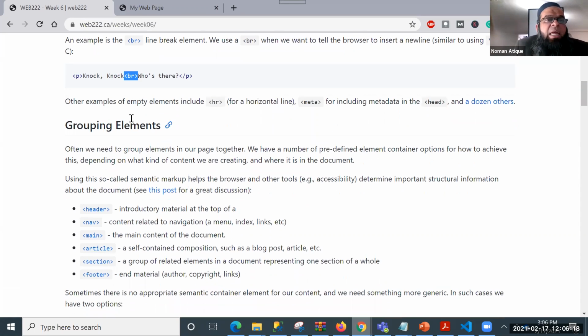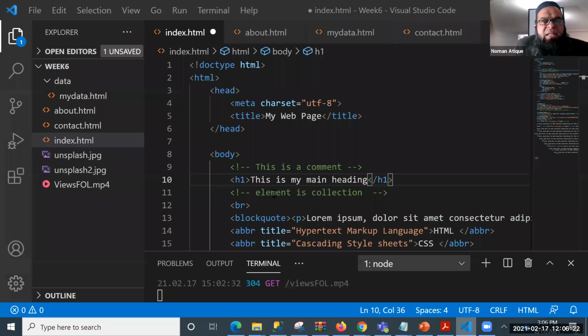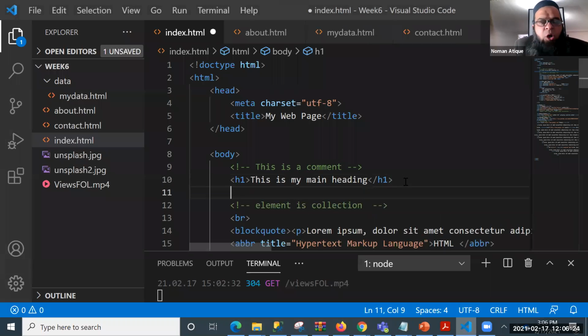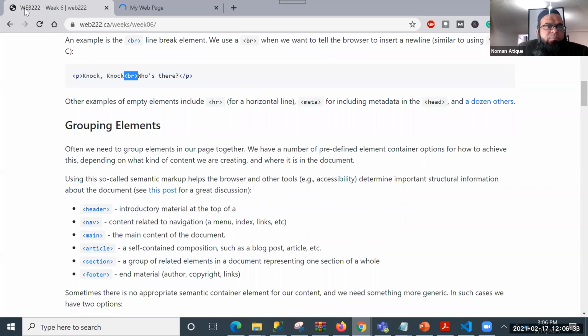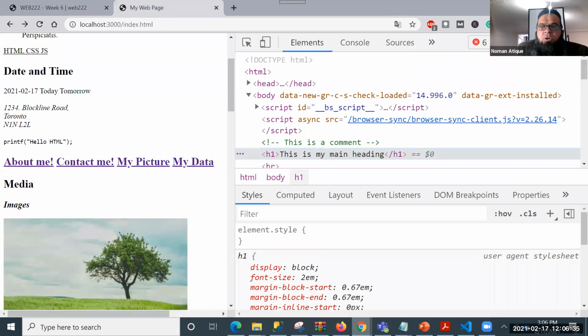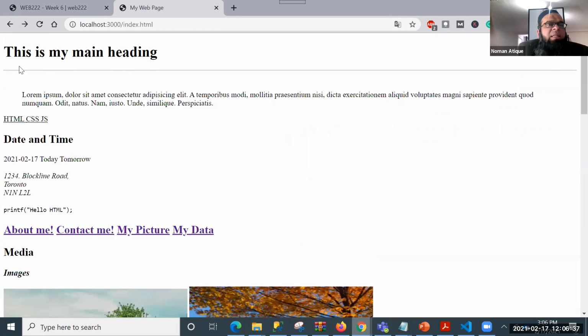Other examples of an empty element are HR. One of the elements is HR. This is a very interesting one. I hope you have used that HR tag. There is no other companion required for this HR. And if I run this file, let me close this one. You see that there is a line. HR is called horizontal ruler. And I know that you would be waiting for CSS.